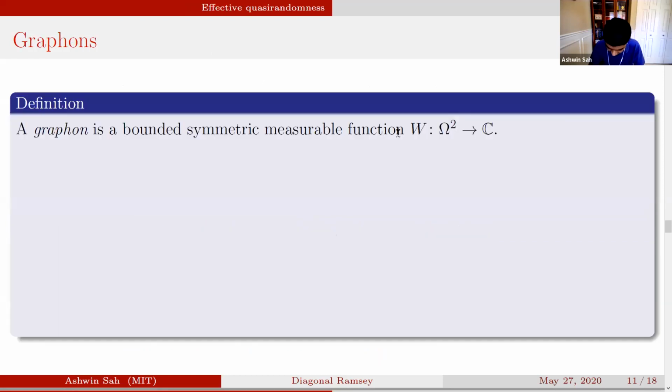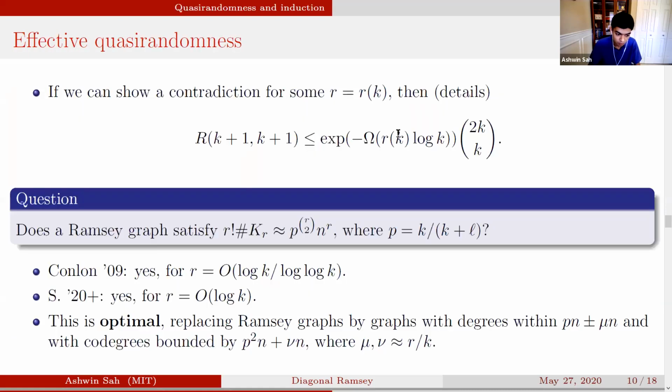So now we're going to progress to the second part. It's going to be more technical in nature, and we're going to recall some notions from dense graph limit theory, the notion of graphons and graph densities, etc. Here I'm going to delve a bit more into the key ideas that go into these effective quasi-randomness results and answer this question, basically.